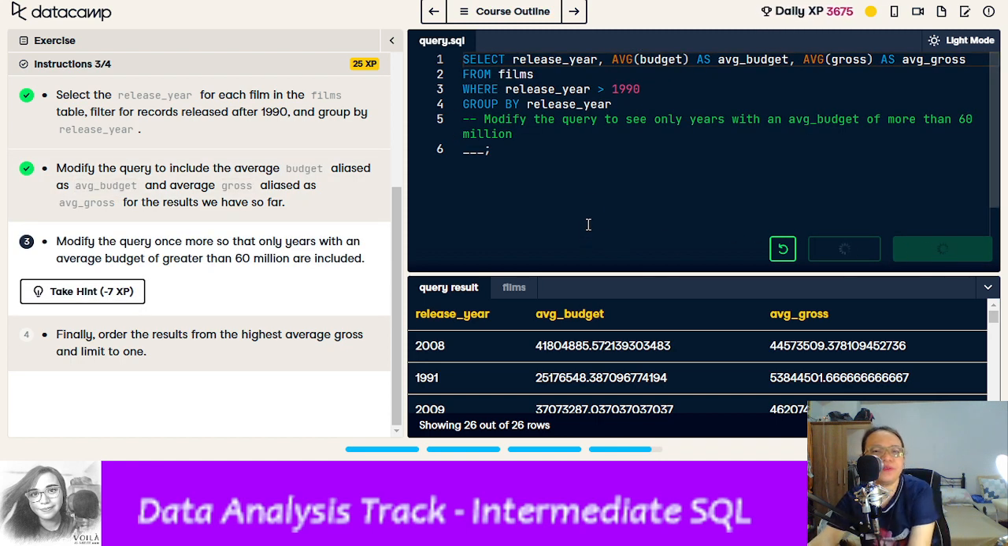Then modify the query once more so that only years with an average budget of greater than 60 million are included. So having